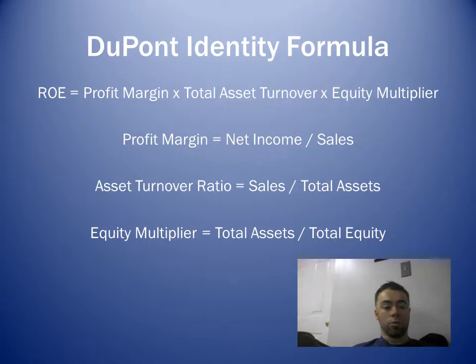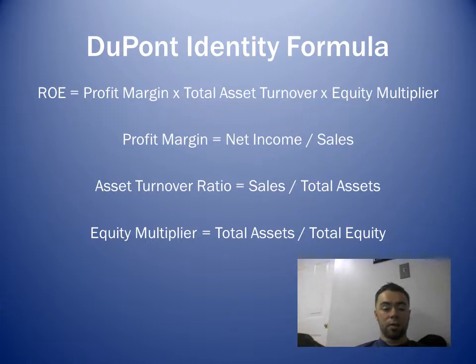As most of us now know, the DuPont identity of any company or industry is the deconstructed foundation behind their return on equity. There are three components or ratios that make up a company's return on equity: profit margin, asset turnover ratio, and equity multiplier. A company's profit margin measures the overall operating efficiency by examining the relationship between the net income and sales. A company's asset turnover ratio measures what level of sales a company generates in relation to their total assets, and the company's equity multiplier is used to gauge their long-term ability to pay off financial obligations.